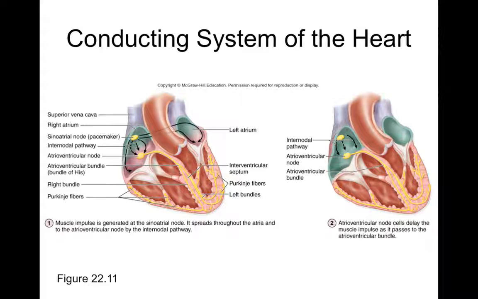So we got the SA node up here, where the right atrium meets the superior vena cava. You got the AV node right over here, kind of near the juncture of the atrium and ventricles. The SA node is linked up to the AV node by the